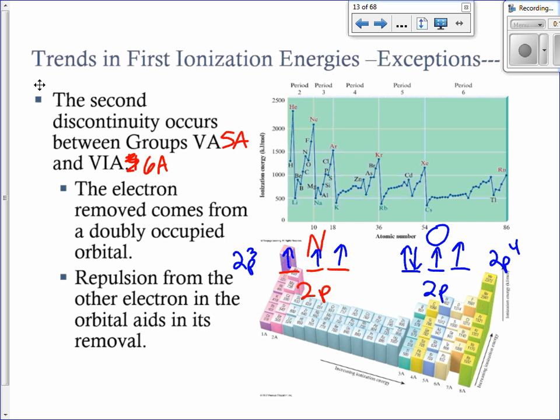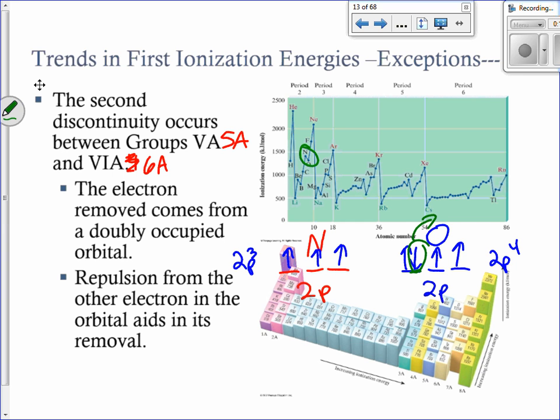In nitrogen, they all have their own separate orbital, correct? But in oxygen, one of the orbitals is filled. So this extra electron in here causes a little bit more repulsion. So guess what? This one's easier to remove. Just slightly, but that's why we get this little dip here. Okay? Just slightly easier to remove because of that little extra added electron repulsion. Yes? So, in the case of fluorine, because there's one more, it would be easier to...